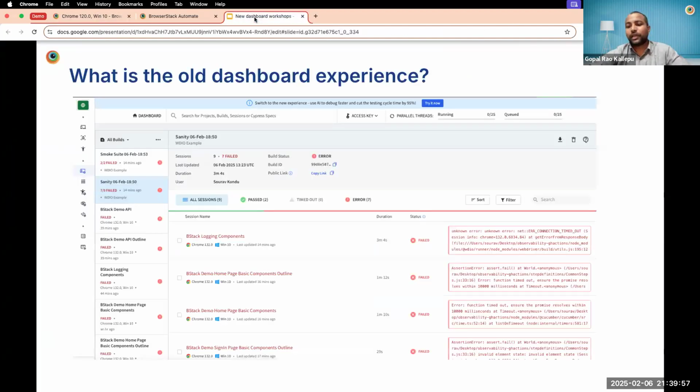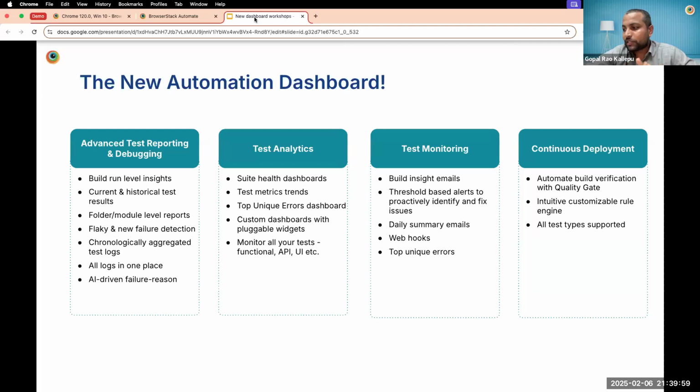All right. So now let's look at what the new dashboard is all about. I talked about what the old dashboard is, and how it is fundamentally different from the new dashboard. Apart from the fundamental difference in the way the test reporting happens, the new automation dashboard also offers a lot more capabilities. Again, we can broadly categorize the benefits of the new automation dashboard into four different themes. And the first theme is because of the test level visibility the new automation dashboard has,